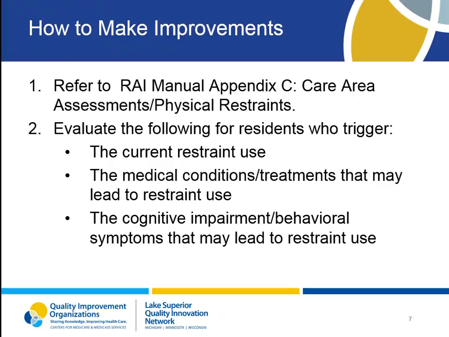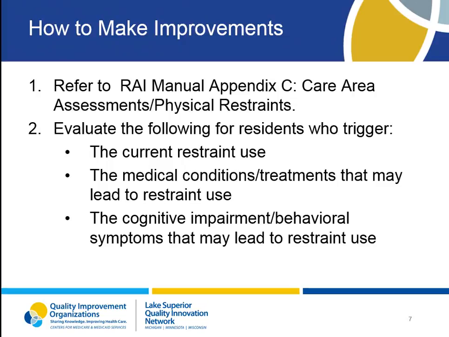To help identify what your team can do to improve this quality measure, refer to the RAI Manual Appendix C to find the Care Area Assessment for Physical Restraints. The Care Area Assessment process provides a framework for guiding the review of triggered areas and clarification of a resident's functional status and related causes of impairments. It also provides a basis for additional assessment of potential issues, including risk factors. The assessment of the causes and contributing factors gives the interdisciplinary team additional information to help them develop a comprehensive